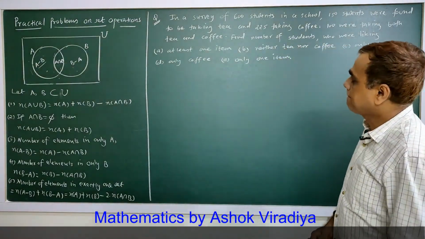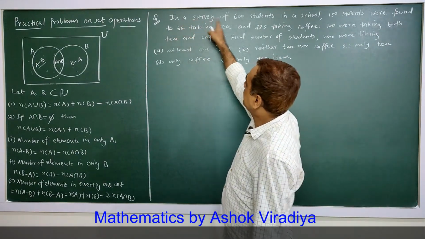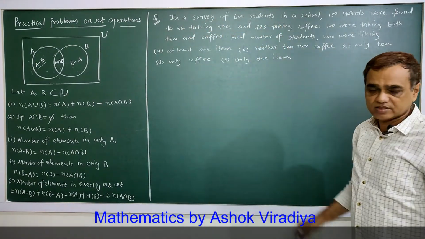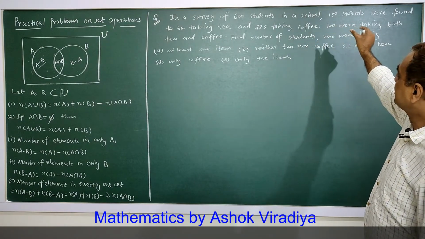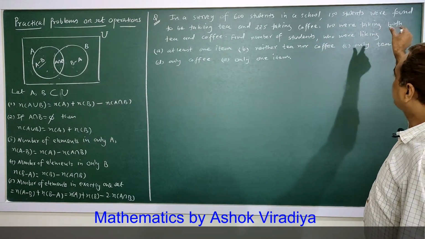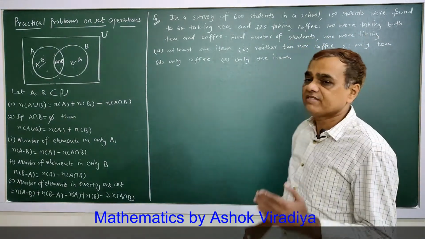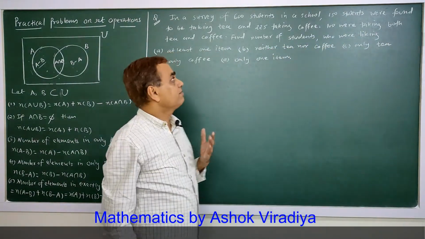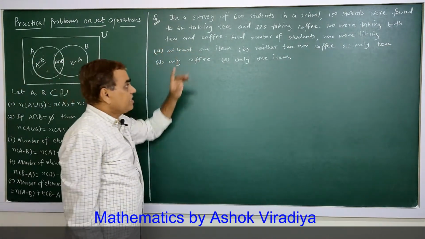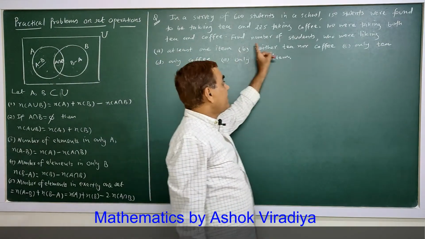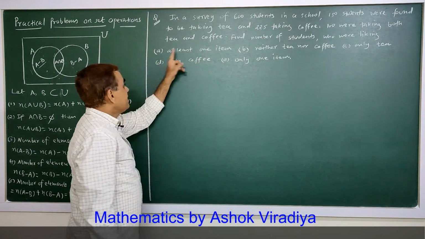Say here, problem is, in a survey of 600 students in a school, 150 students were found to be taking tea and 225 taking coffee. 100 were taking both tea and coffee. Find the number of students who were taking at least one item,